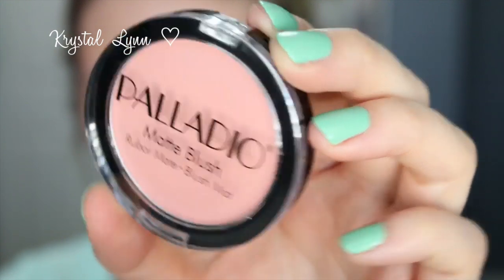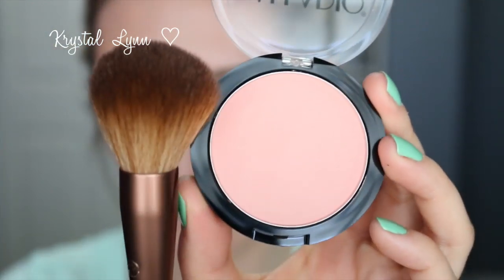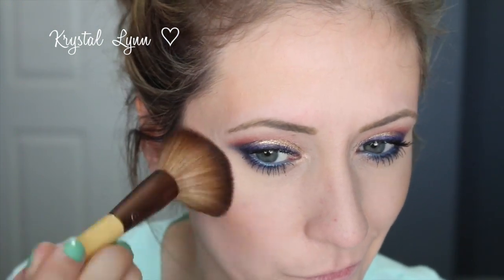Okay, for blush, I'm going to take this Palladio Herbal Matte Blush. This one's called Peach Icing. It's beautiful. I love it. I'm going to do a review video on these. I picked up 4 of these a couple weeks ago, and I tried filming a video last night, but I was having some problems importing it to my computer. So I have to refilm that video, and once I do, I'll get it up. But anyway, I'm applying this to my cheeks with an Equal Tools blush brush, and I just think it's a really nice, beautiful blush for people with fair to